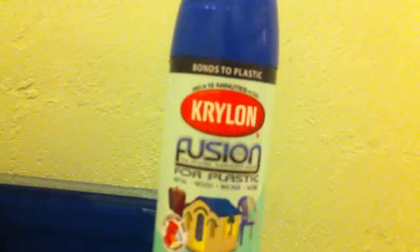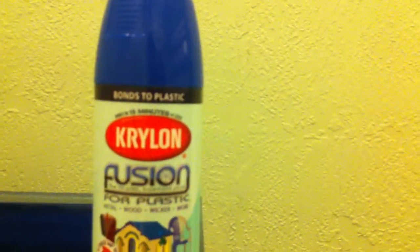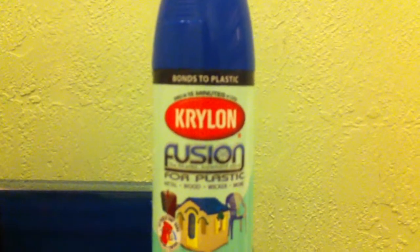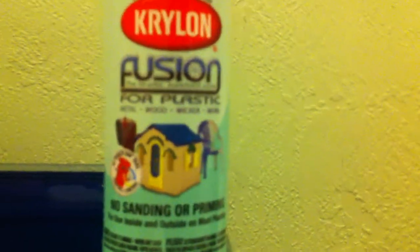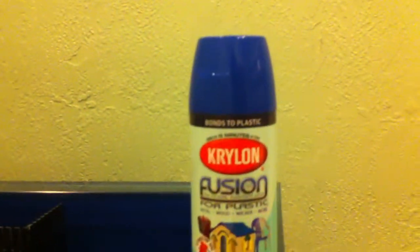As you can see, Fusion. Basically, it bonds the plastic. Takes 15 minutes to dry. It's a no-prep super bond, and it works. As you can see, metal, wood, wicker, and more. We use it for glass, non-sanding or priming. Free to use inside or outside on most plastic. It gives you that same blue look as